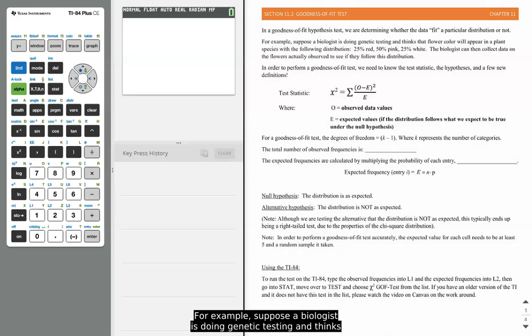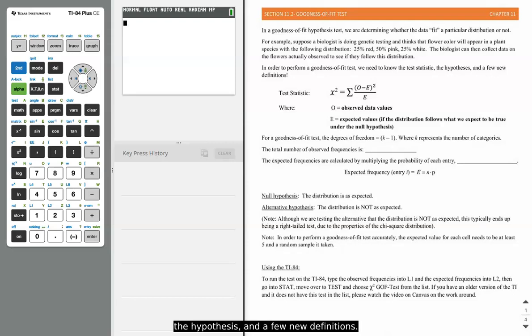For example, suppose a biologist is doing genetic testing and thinks the flower color will appear in a plant species with the following distribution: 25% red, 50% pink, 25% white. The biologist can then collect data on the flowers actually observed to see if they follow this distribution. So in order to perform a goodness of fit test, we need to know the test statistic, the hypotheses, and